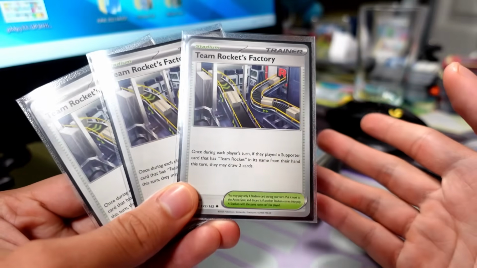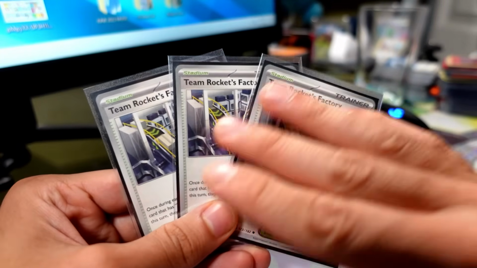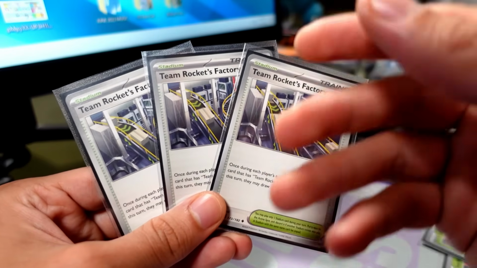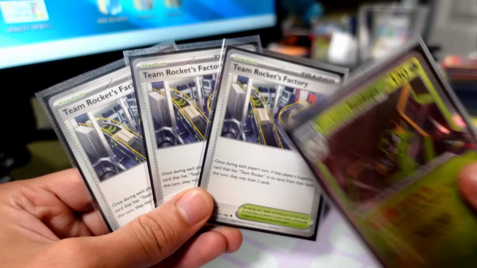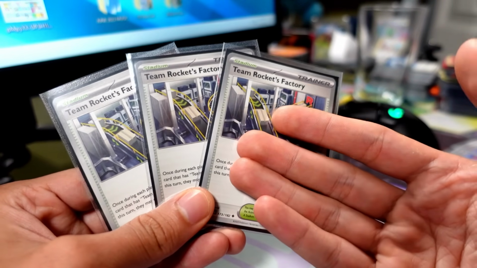For stadium cards, Team Rocket has introduced 2 really solid stadiums. So this deck, one of the biggest weaknesses to Team Rocket's Mewtwo EX is the lack of draw engine. We have no onboard draw, and that's because we have onboard energy acceleration and Spidops. So we have a lot of great supporters in this deck, but not all of them allow you to draw